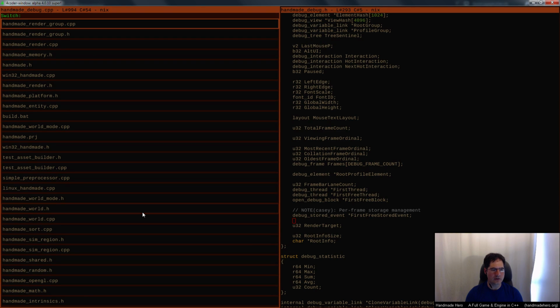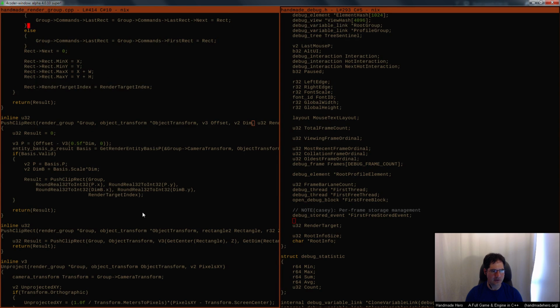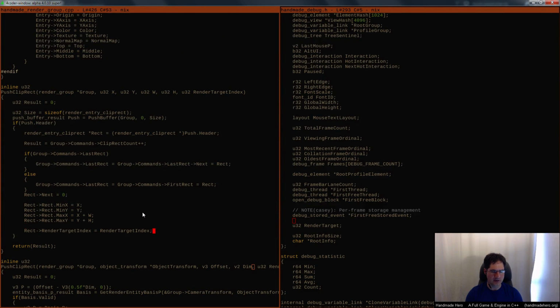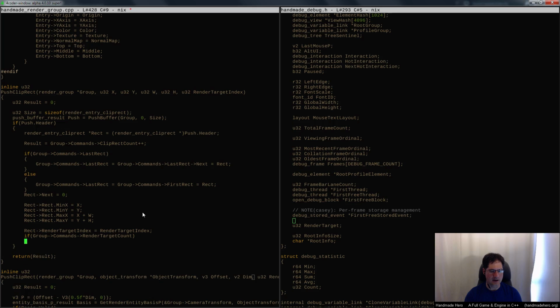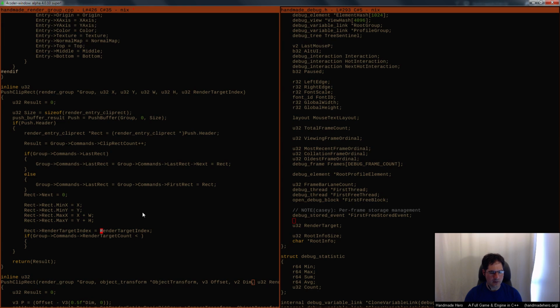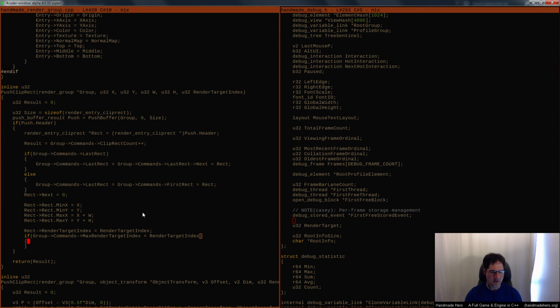Now, what we do need to do, however, is in the render group, when we do a push clip rect and we actually set that information, make sure that if the group commands render target count, which is something we'll have to track, is not sufficient, so if it's less than or equal to the render target index, or I guess we'll call it max render target index, if those are insufficient, then we will set it.